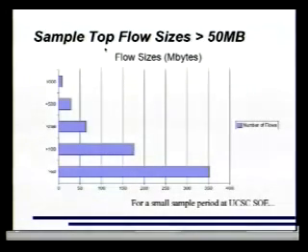For a very small sample period, we did a quick comparison of, for flows greater than 50 megabytes in size, what was going around on our network. This is not a large network, I repeat. We had a very small number of flows that exceeded a gigabyte. We had a pretty good chunk of around 500 megabytes, mostly clustering at the size of an ISO image. Keep boiling up around 50 megabytes, only 350. So all told on this slide, there are about 600 flows.